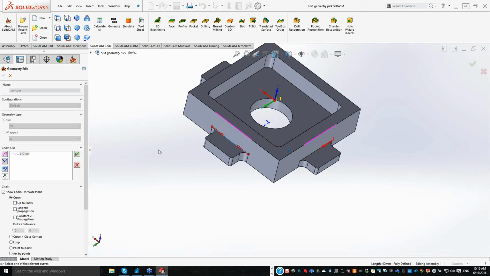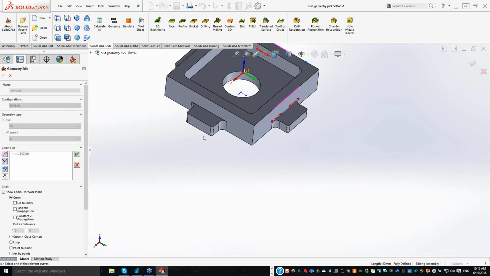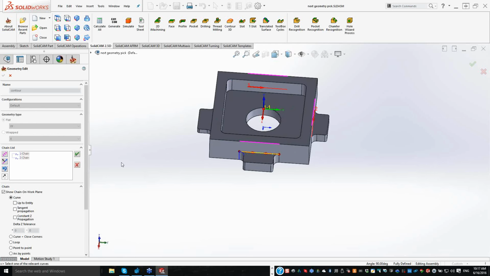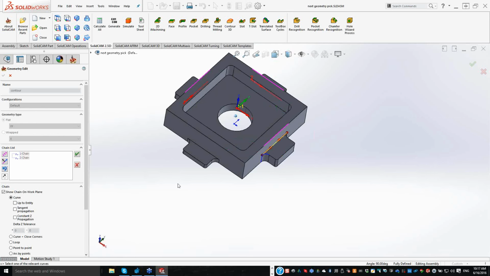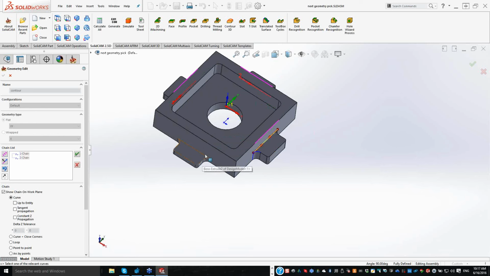Flip the part around here, hold my control button, and again hit this edge. Now we have another chain already started as well. I don't have to constantly go back to click on this. All I have to do is hold my control button, and I have another geometry. Click on this one. My third one is completed. Finish my fourth one. When I'm finished altogether, then I'll click my check button and I have all 4